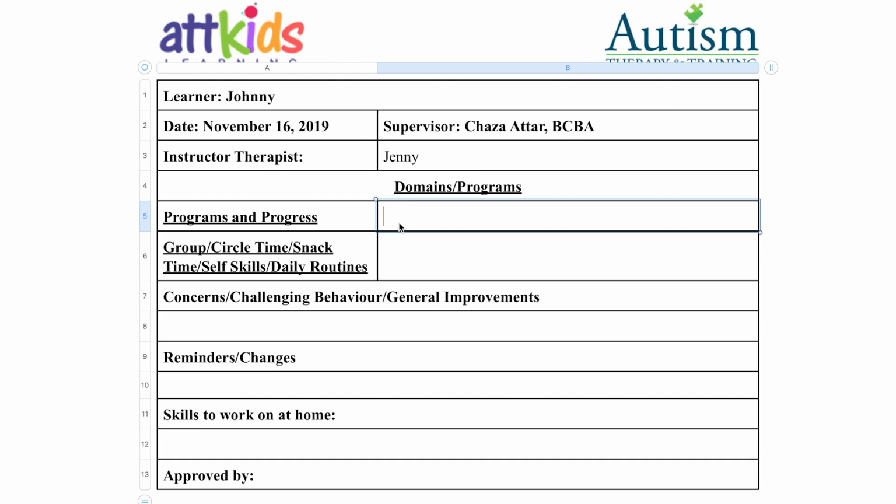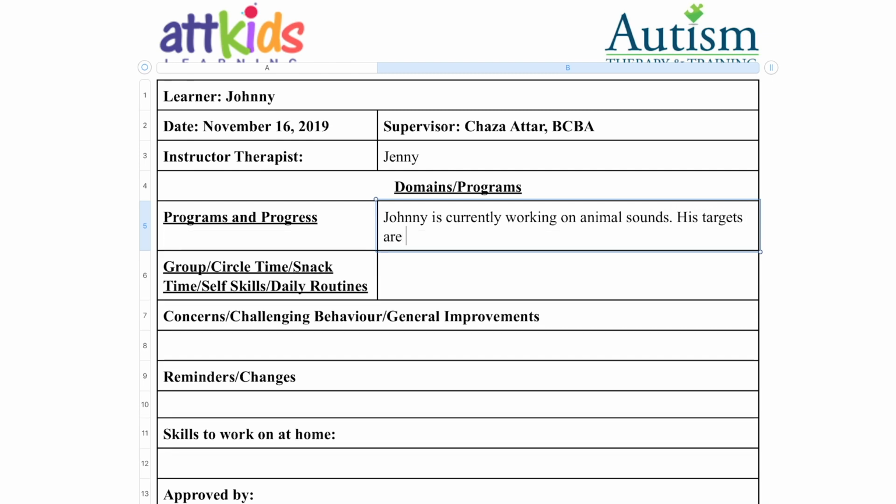So I'm going to write about Johnny, and he's currently, let's say, working on an intraverbal program. Let's say it's animal sounds, and I'm going to talk about this one. So Johnny is currently working on animal sounds. His targets are cow, dog, and cat, let's say.